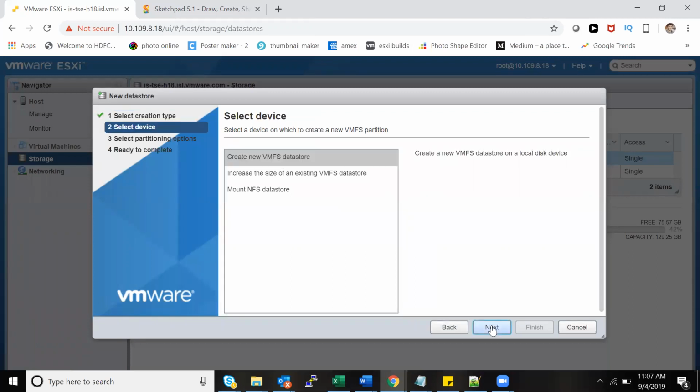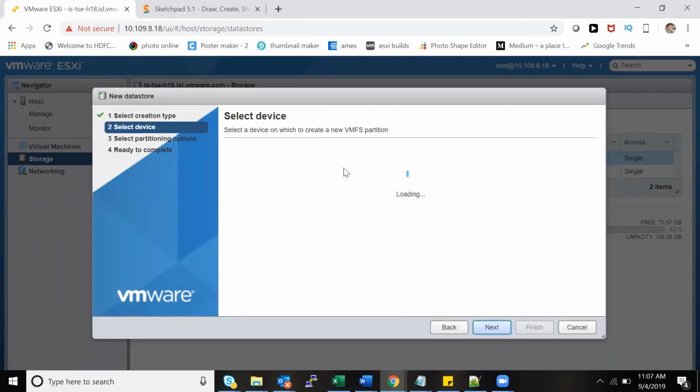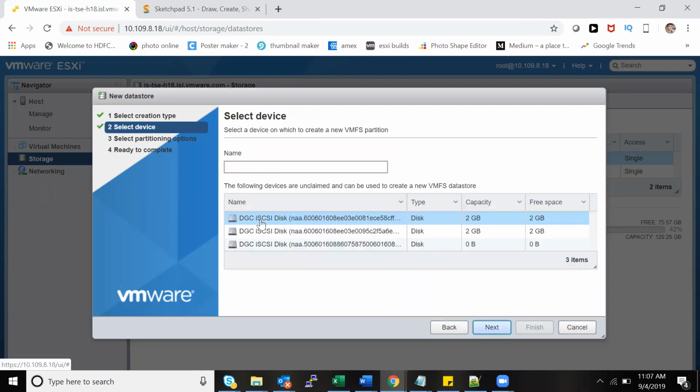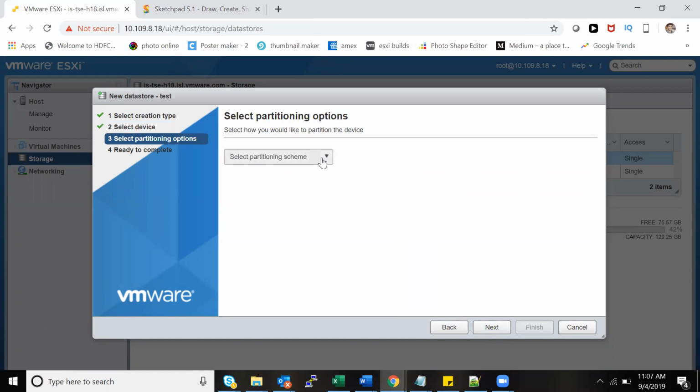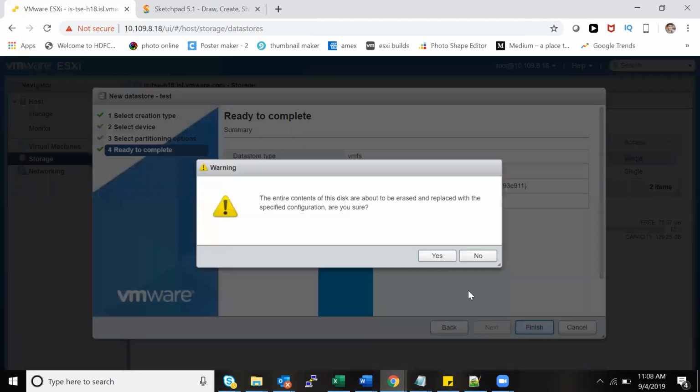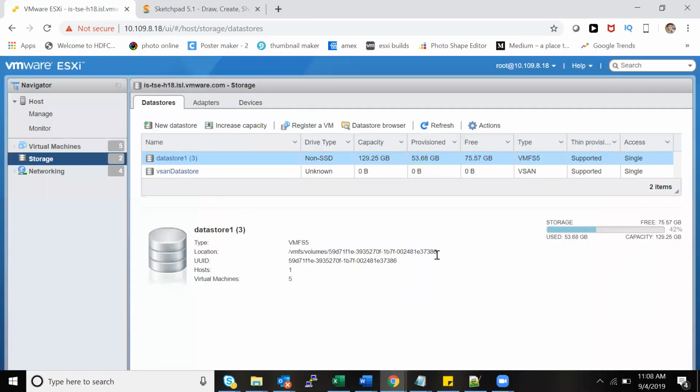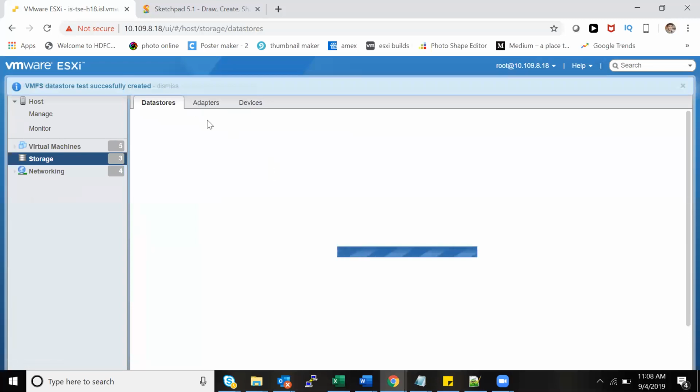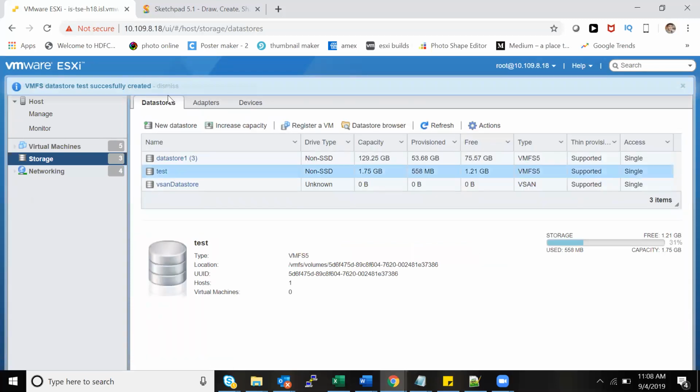If I go here, the LUNs are still presented, so I can create a data store out of them. You see here, I can still see three lines. Let's say I'm just putting test and then I click next. Then I set the partition to use the full disk and then finish. It's telling me the data will be erased. Are you okay with that? I say yes. Now within 2 seconds, I'll get a data store. So this is how you create a data store.